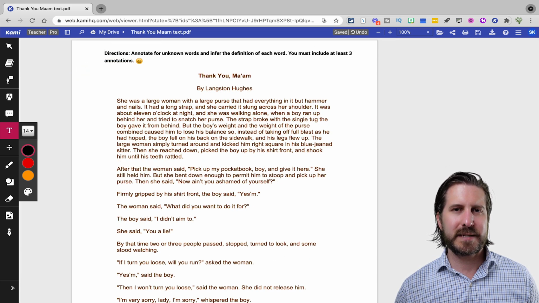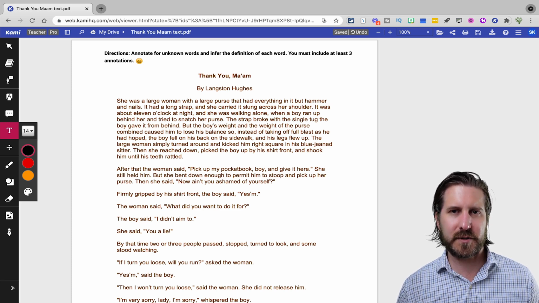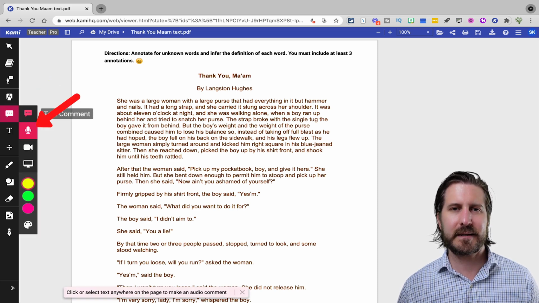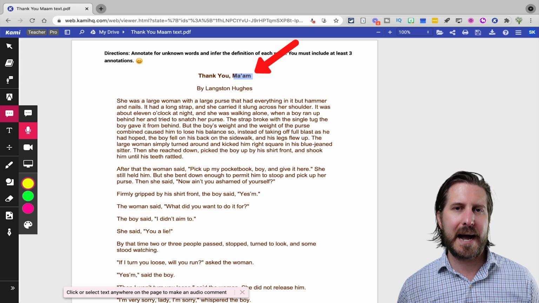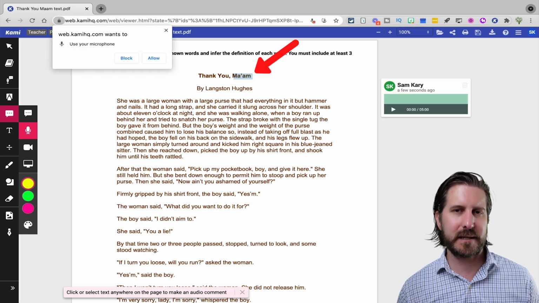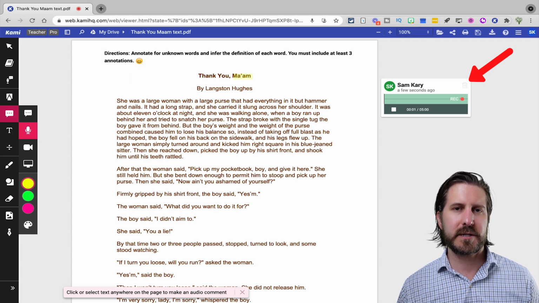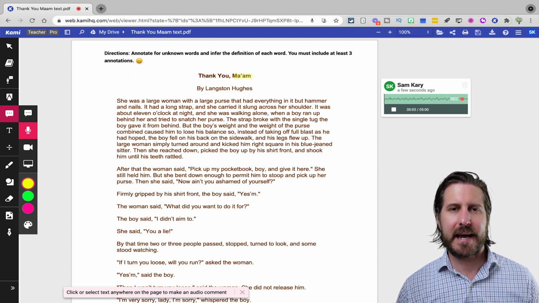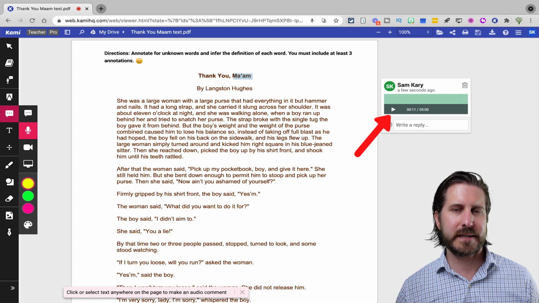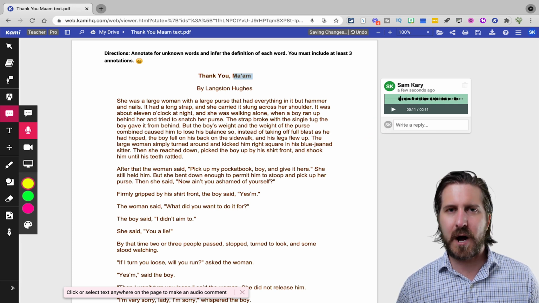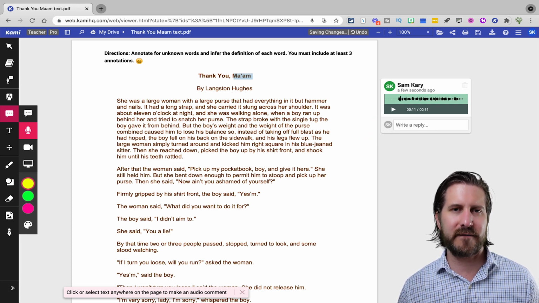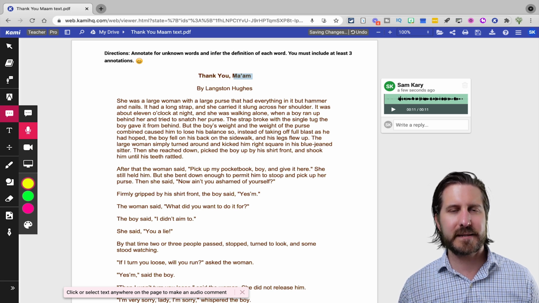Now, in addition to text-based instructions, you can also leave audio instructions for students. The way that you do this is by going to comments and then clicking audio. Once you highlight the part of the text where you want to leave your audio comment, it will automatically start recording, so you can just speak what you want to say, and then when you're ready to finish, click done, and that will leave an audio comment. This can be an effective way to reinforce instructions, or obviously to provide instructions for students that are younger that